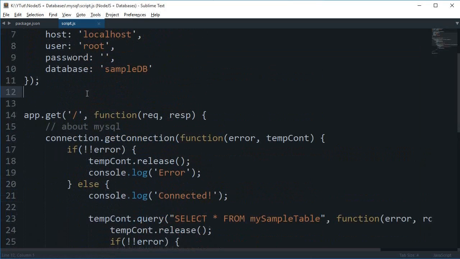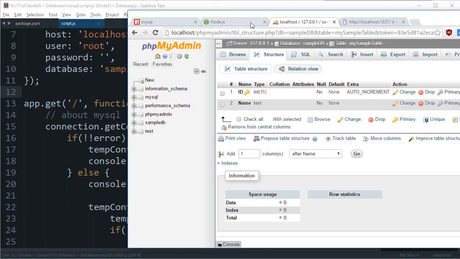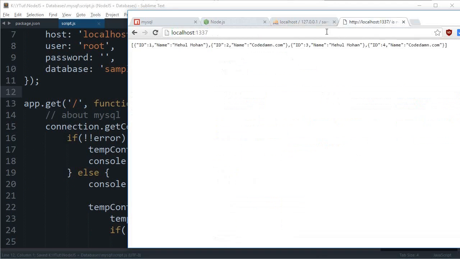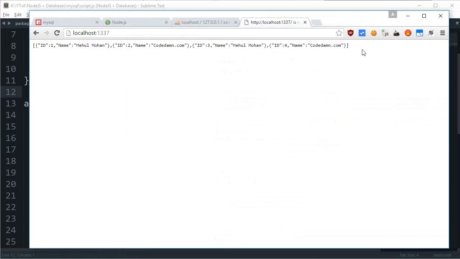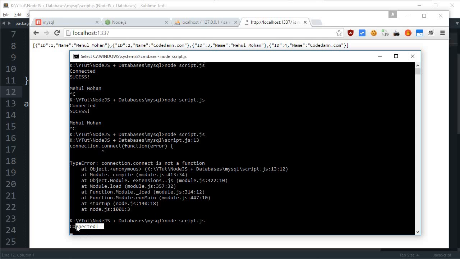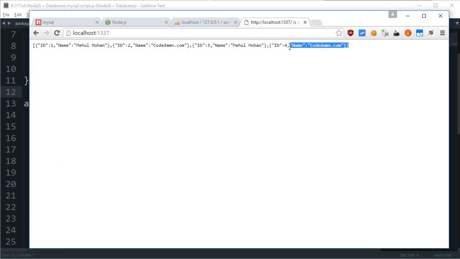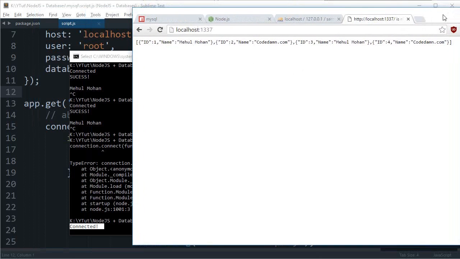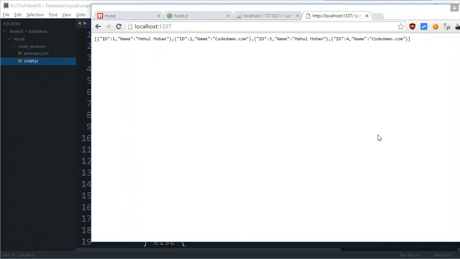Alright, so looks like we have to visit the browser, reload, and as you can see, we got the JSON response, and inside the terminal as well, we got connected and the JSON response as well. So that's how you pretty much connect MySQL and Node with each other with the help of the code